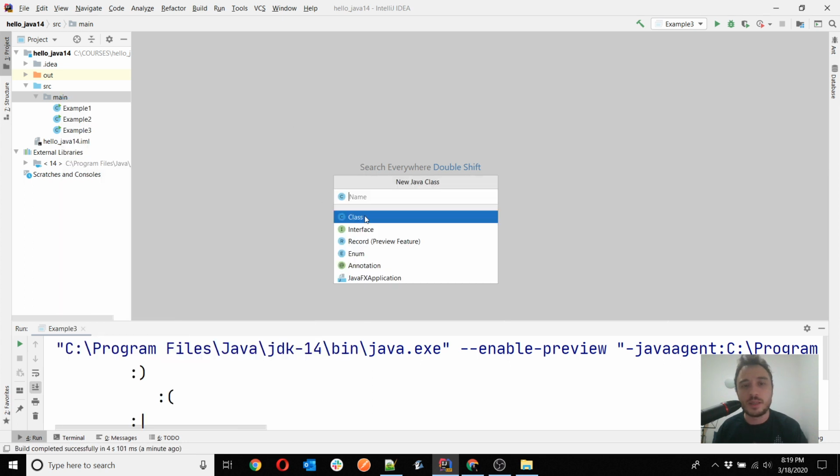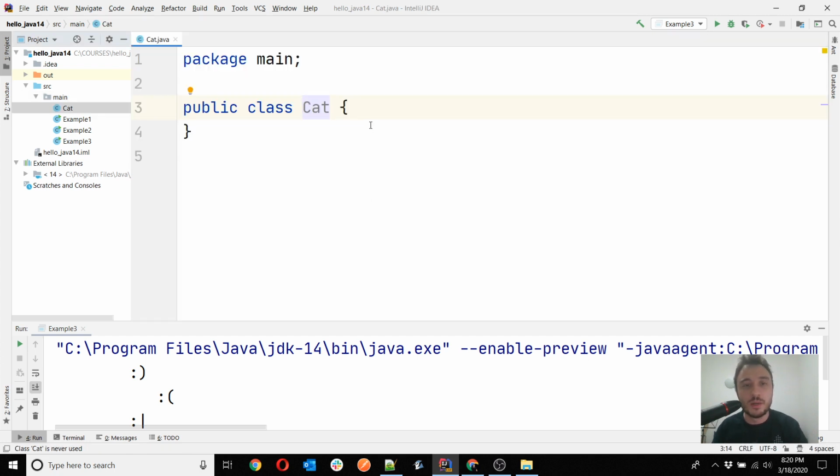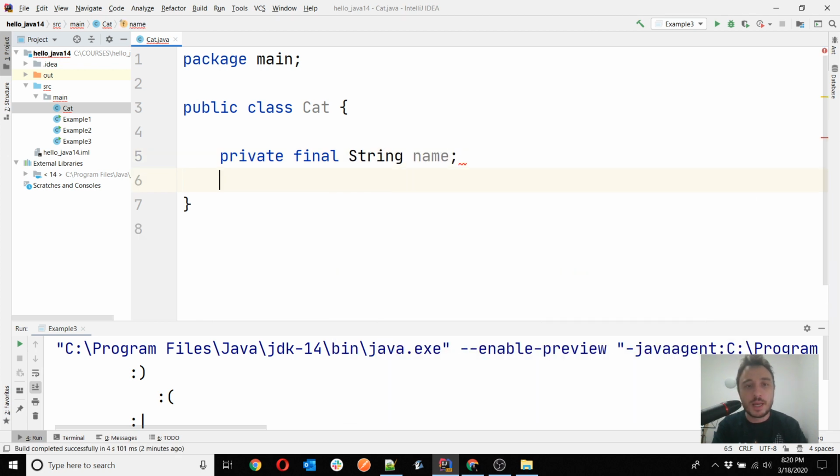So let's see it better, which are the changes that came with records. I will start by creating a class. You see that IntelliJ here already allows me to create the record type, because it's a preview feature in Java 14, and I have it available. But I will start with a class, and I will create my very favorite class, which is the cat class. You might have seen me writing this cat class a lot of times in my examples. So I just create the class, and I define 2 fields for the class. I have a name, and I have